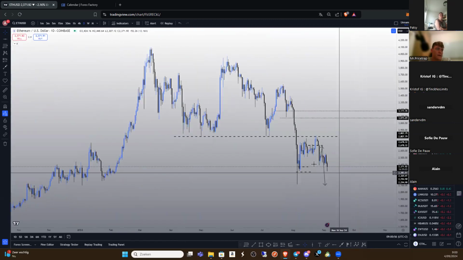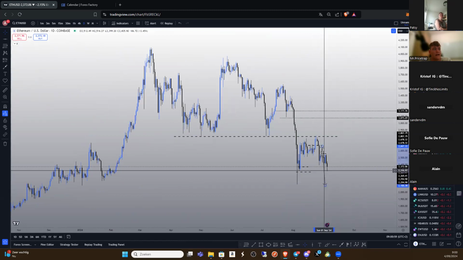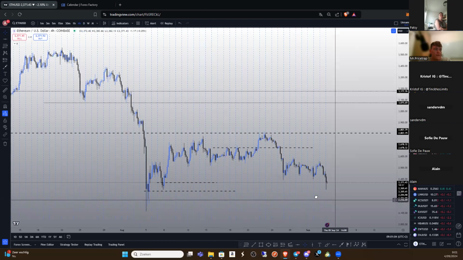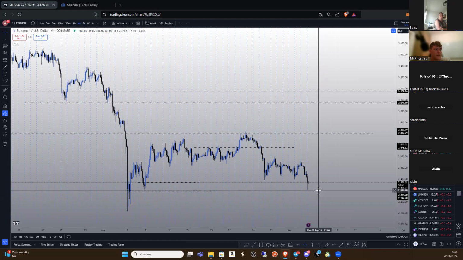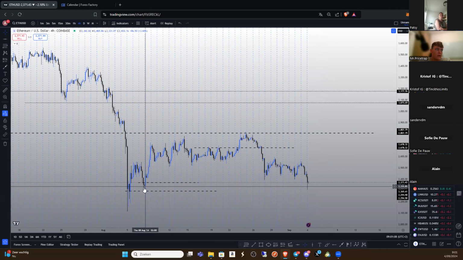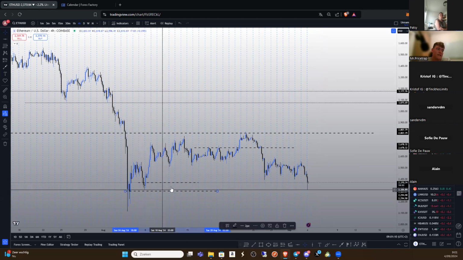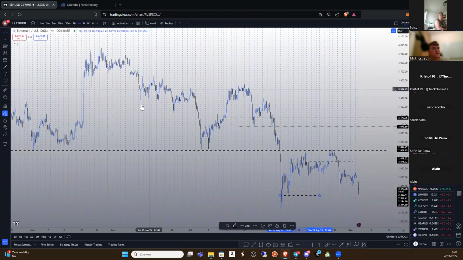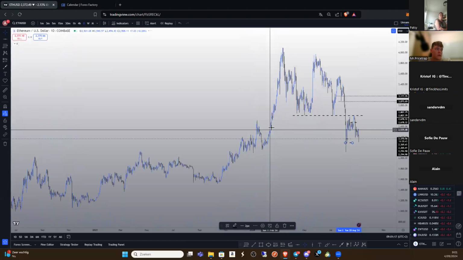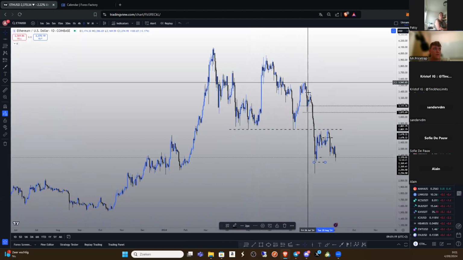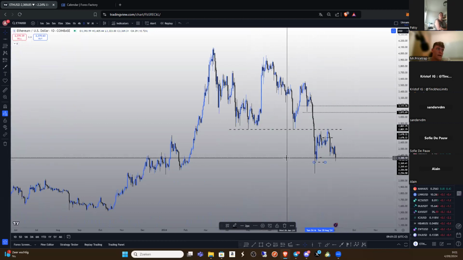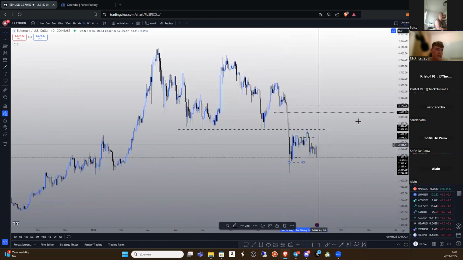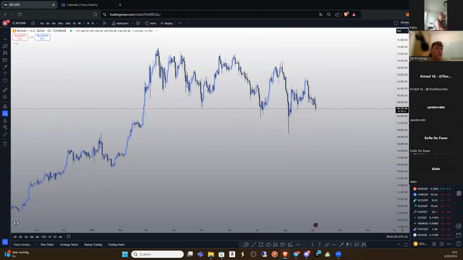Then we have Ethereum also, and it's doing the same thing. We are at these demand levels now, so let's see if we can respect this or if the market starts to break. Here with Ethereum, the big difference is that we already took out the lowest ones. We cannot go a little lower anymore because then we are creating equal lows, and you guys know it. If you have equal lows, this is the beautiful example. The market loves to take out equal lows. So that's it. These are the visions for Bitcoin and Ethereum.